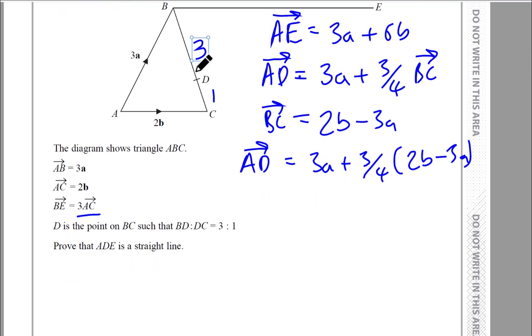Now we want to find D to E to make sure it's a straight line. And right, so D to E. Hopefully you can see this. How do we get from D to E? Well, can you see